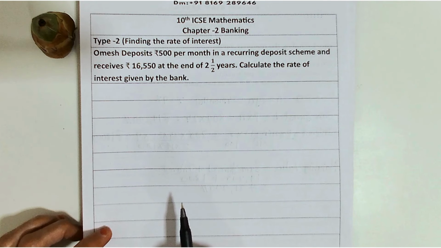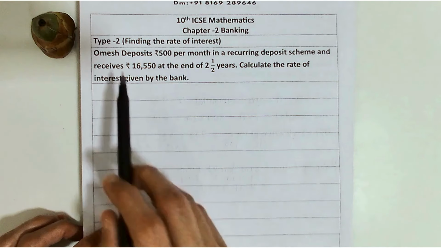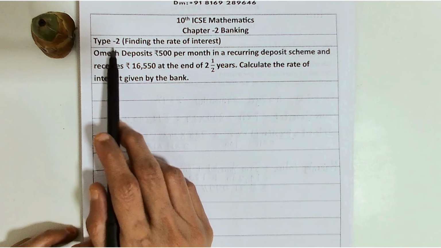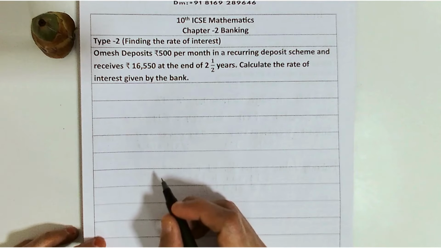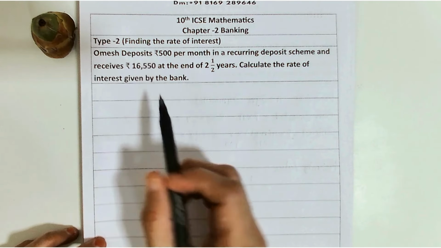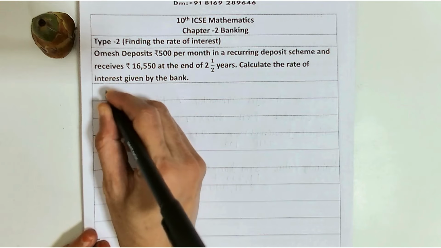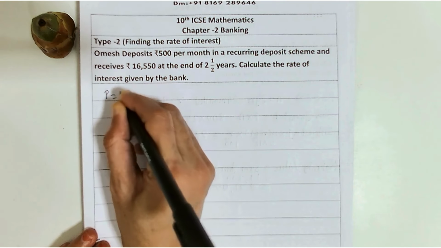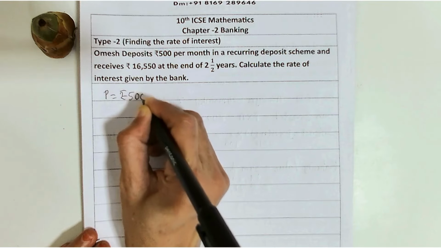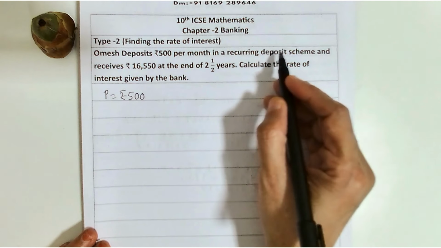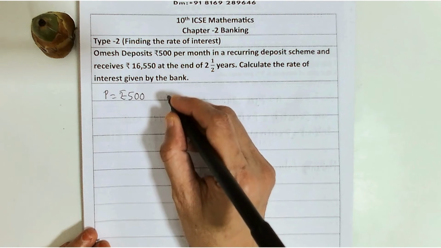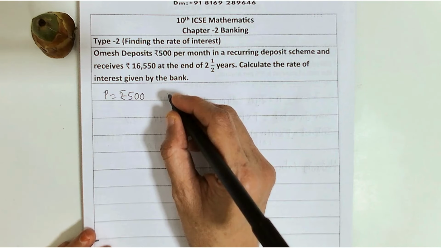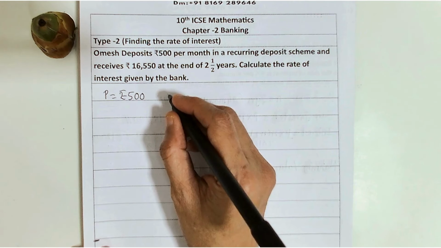In the next video, we are going to see type 2. Let's see what is type 2. Finding the rate of interest. Let us see the sum. Umesh deposited rupees 500. So, principal is rupees 500 per month in the recurring deposit scheme and receives, when you read this sum, receives means after some 2.5 years he will receive